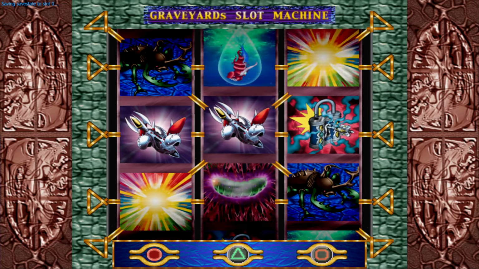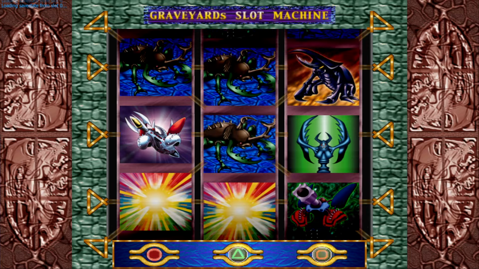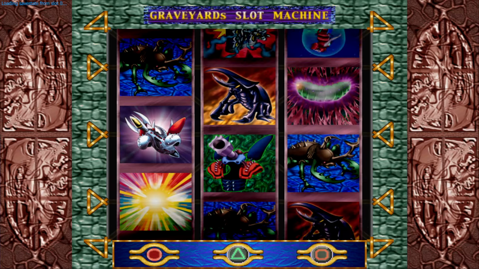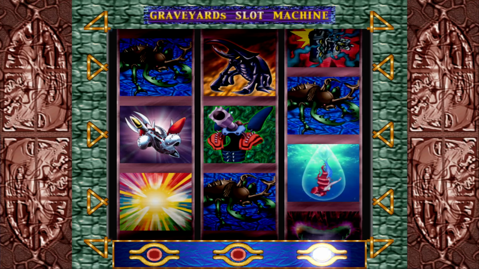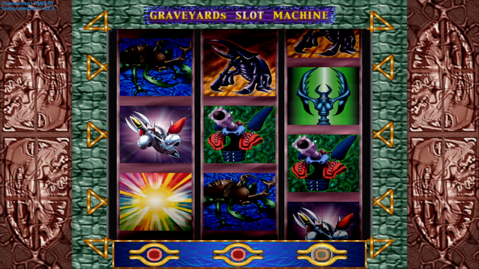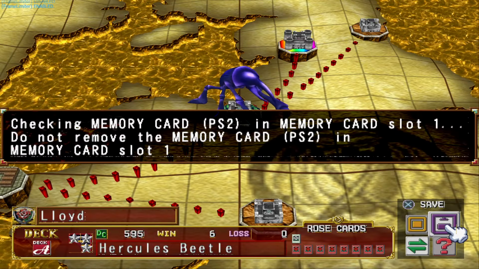Okay, got one. That is not two. That is not either. That is a miss. We'll get there. Okay, got that one. And then I want Larva of Moth. That's not what I want. Why do I always get the same card, basically? I mean, I know how RNG hates me, but...